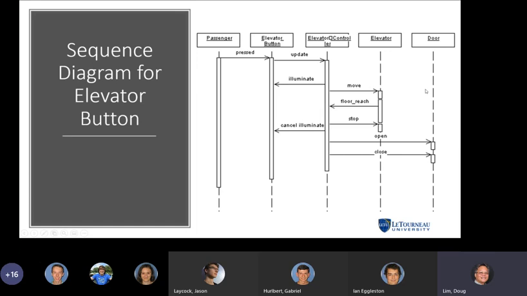So yes, we're missing the open and close at the beginning. We have the open and close at the end, when we get to the destination, but we don't have the open and close before we move, letting the passenger in. So that's again a good observation.